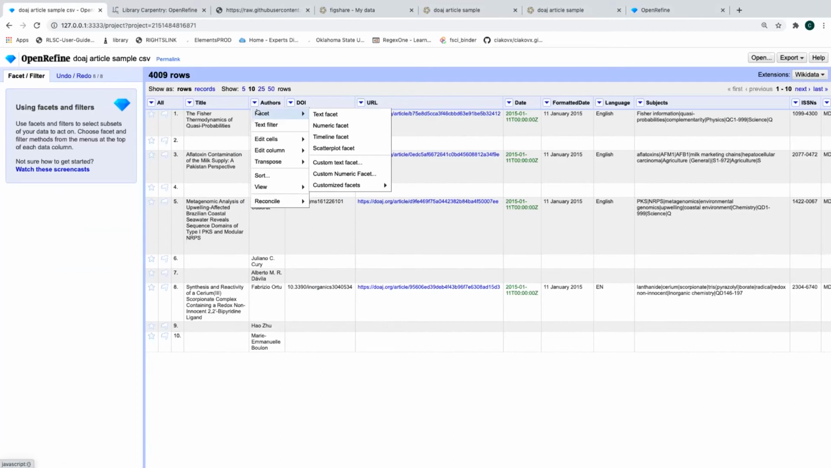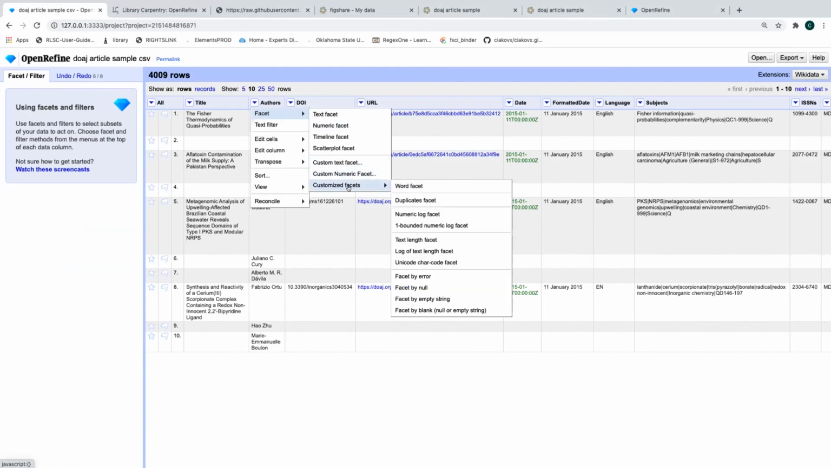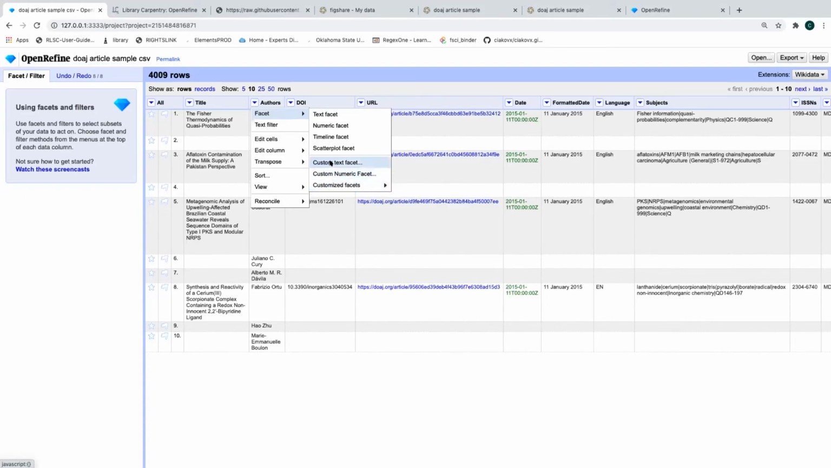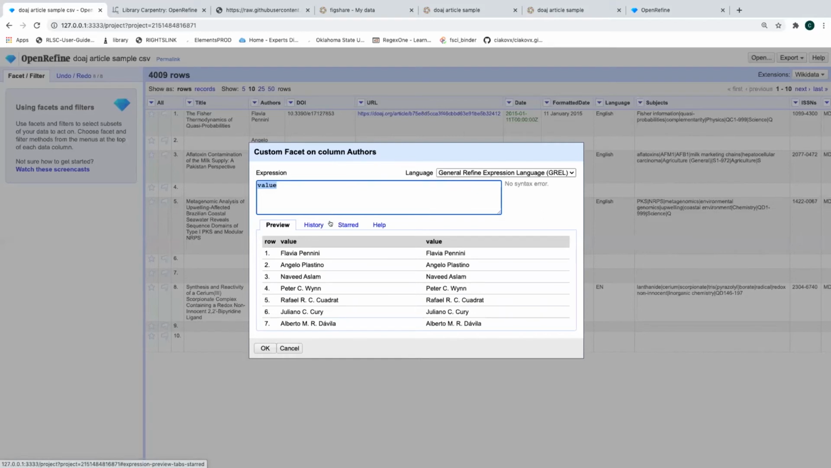All right, and so the way I'm going to do that is I'm going to go to Facet, custom text facet, just like we saw with custom transformations, that there are some already stored here. There are also some customized facets, like you can get duplicates. You can get any errors, facet by error, facet by null. We're not going to get into that. We're going to create a custom text facet. All right, and what I'm going to do is type in